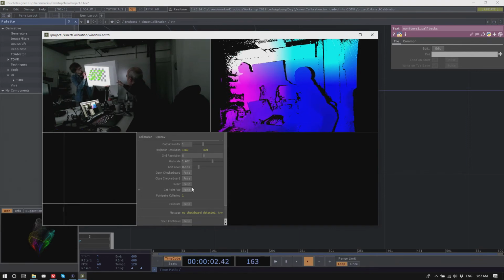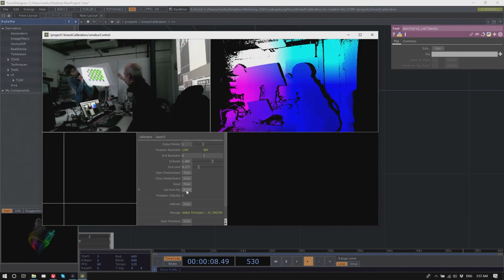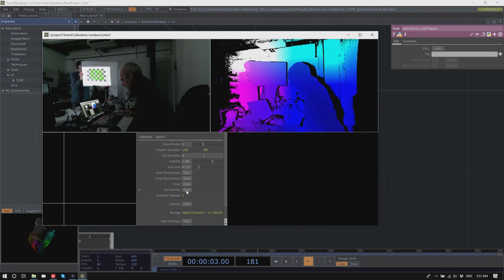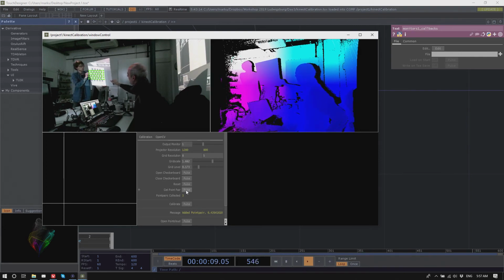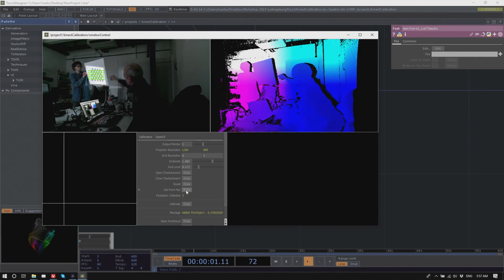Ja. Und dann immer irgendwie so. Get point pair. Okay. Und jetzt so. Genau. Get point pair. Und jetzt so. Klasse. Get point pair.